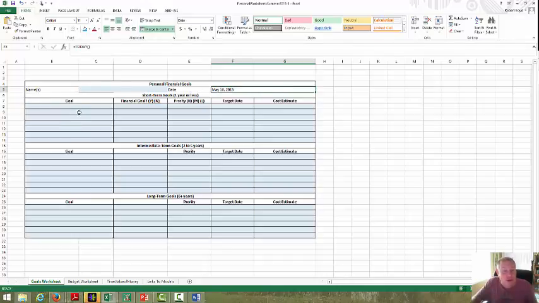But what are your goals short-term? Just list them here. Some of them could be a financial goal, yes or no. Are they a priority, high, medium, low? What's your target date, and is there a cost associated with it? So this is part 2, where you put your, not what you think I want, but what your personal goals are, short, intermediate, and long term. Is it a financial goal? What's the priority? What's the target date? And is there a cost associated with it? So that's the part 2.